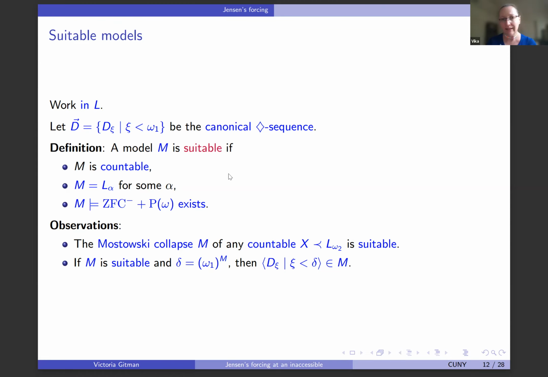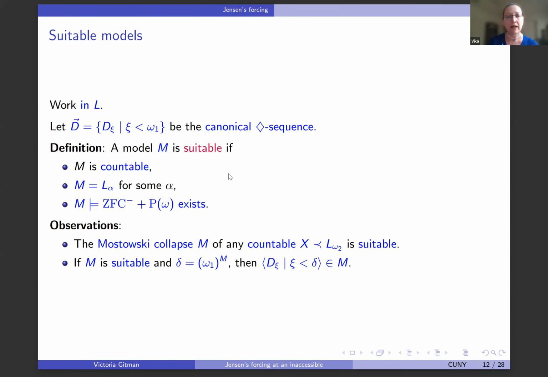And I'll tell you why we need the canonical one in a second, why it makes things simpler. Okay, so here's the last ingredient. It's a notion of a suitable model M. So now a suitable model M is a countable L alpha, which satisfies ZFC without power set, but I want the power set of omega to exist. So I don't need the power set of, say, omega 1 to exist,